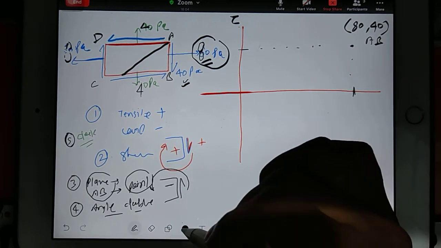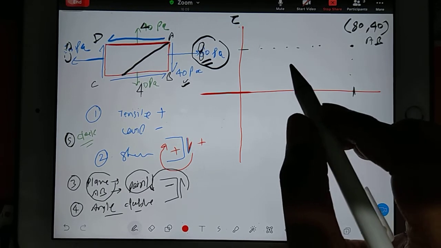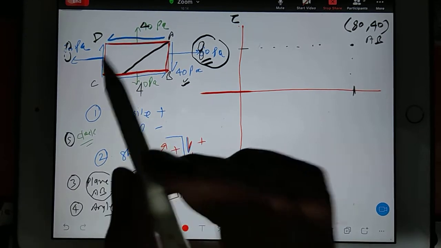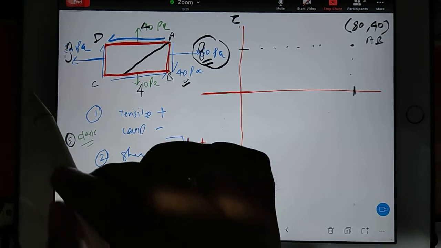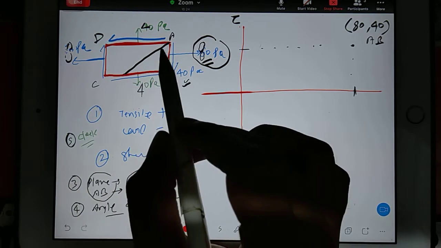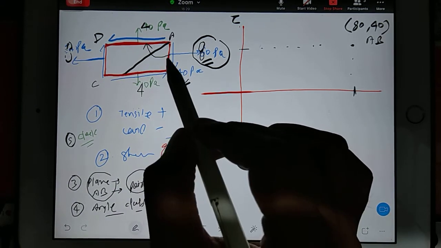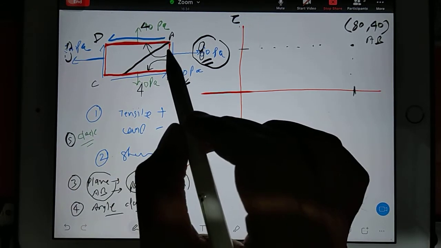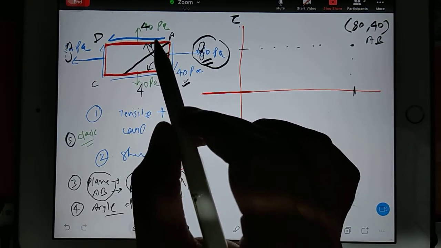Now in the same way we have to show the next point. The next point is also very easy. You have BC, another plane. You see AB here, BC here, AD here, and CD here. Now which plane should we take to draw the Mohr circle? We should take another plane which is adjacent to plane AB. So you can choose either this plane or this plane. Any one plane we can choose. The only difference will be, if you choose this, then you have to go clockwise 180 degrees because that angle is 90 degrees.